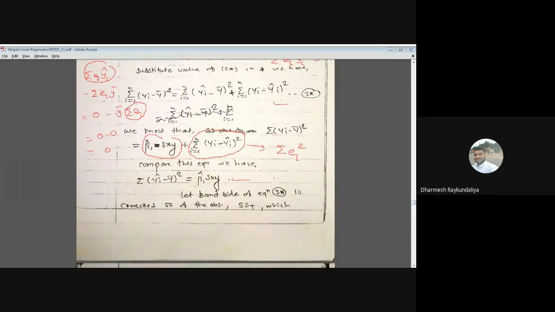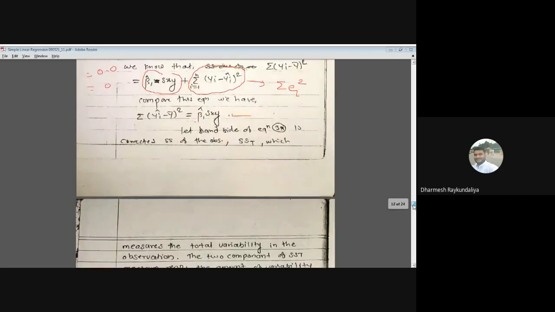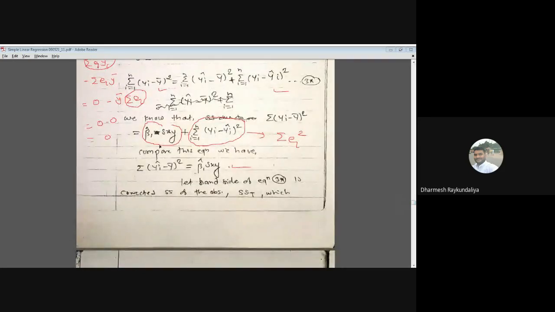So this is a sum of total observations. That is the sum of square due to total. We know that the sum of square due to total is split up into two parts. The sum of square due to regression is nothing but beta cap transpose x transpose y for a multivariate setup, and for the univariate setup it is beta 1 cap Sxy. So it is called the sum of square due to regression. Let us call this equation 3 star.